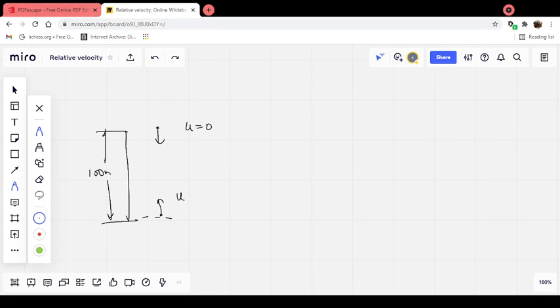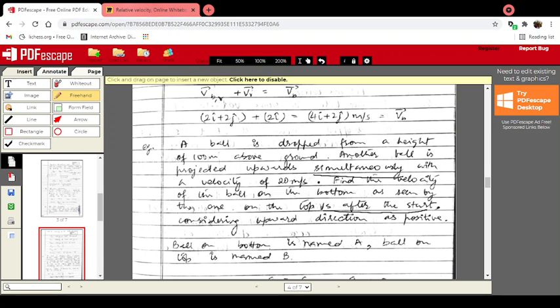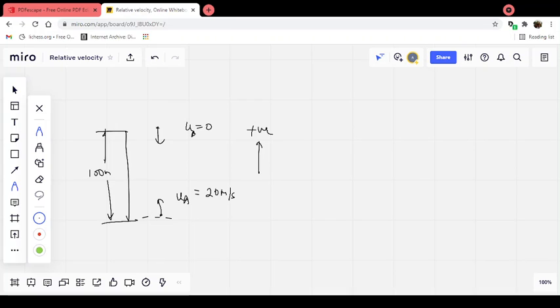The ball on the bottom is named A. So this is given some initial velocity 20 meters per second, and we know that the question has mentioned that upward direction is positive, and the initial velocity of the ball B is 0. So 1 second after the motion has started, what is the velocity of the ball on the bottom as seen by the one on the top? That means we are trying to find the velocity of the ball on the bottom, that is A, as seen by the one on the top, that is B. So that would be the velocity of the ball A minus the velocity of the ball B.